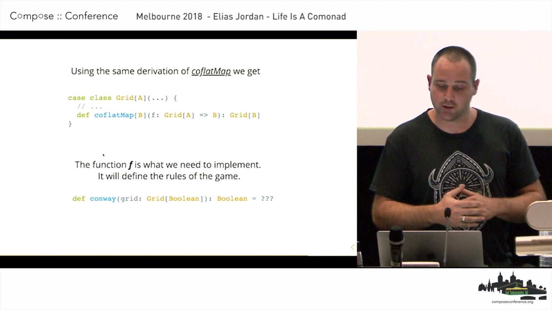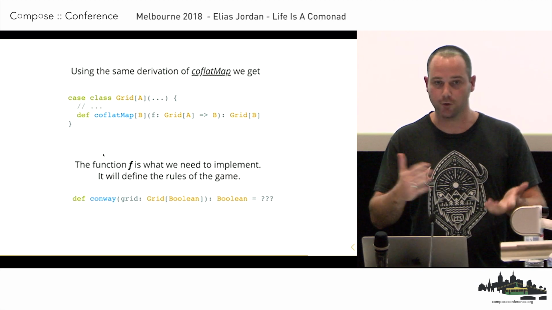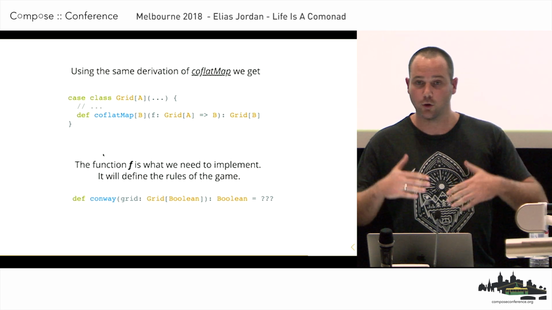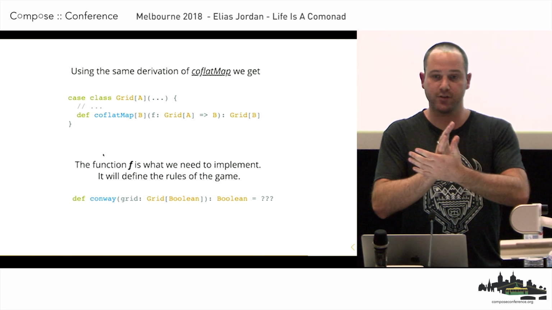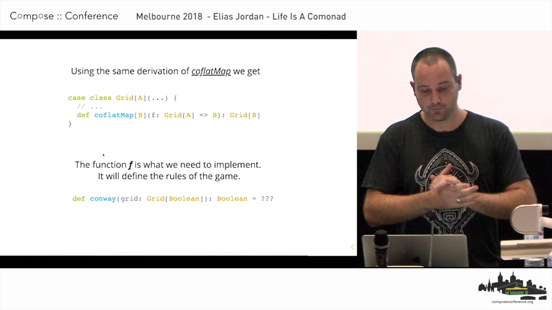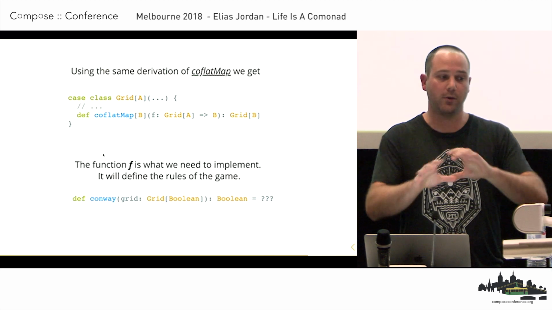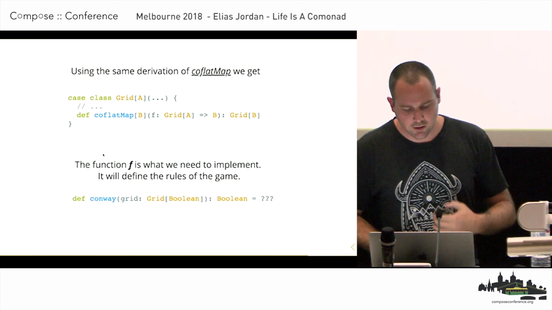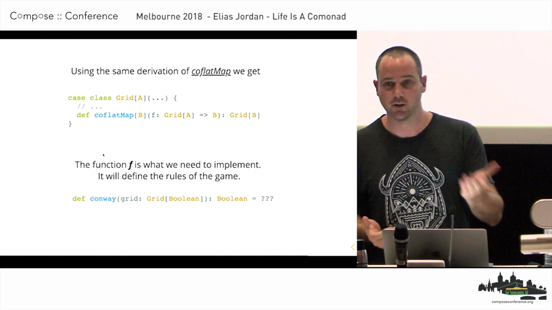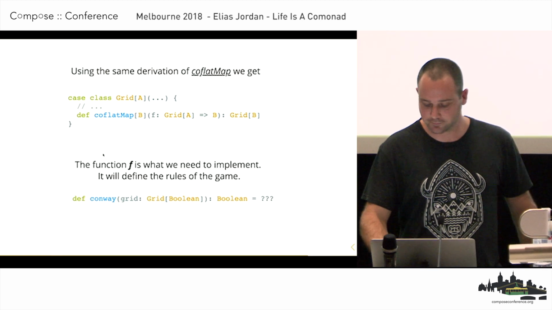So we're going to use a Boolean to represent the liveness state of each cell, so true being alive and false being dead. And we're going to look around to our neighbors based on the current focus element. We're going to find all of the neighbors and compute how many there are. And then we'll use CoFlatMap to extend our local definition of the rules to apply in all scopes. So our function is going to look like this, the Conway function there. It's going to take a grid of Booleans and return a new Boolean that will replace the current focus element.